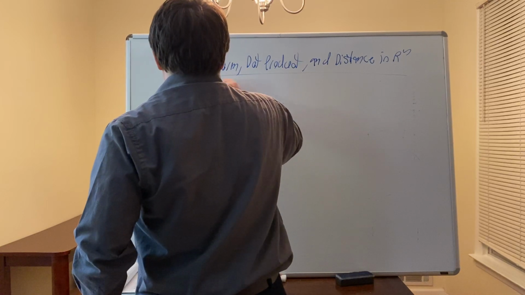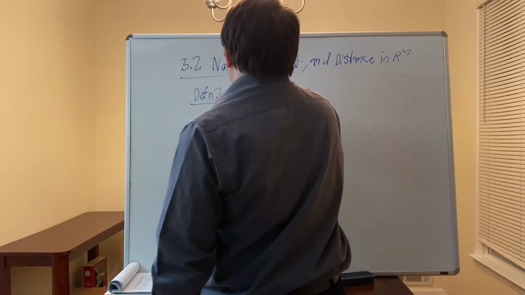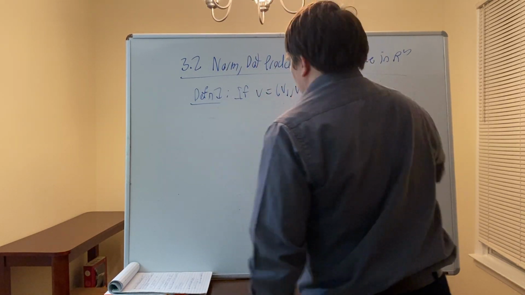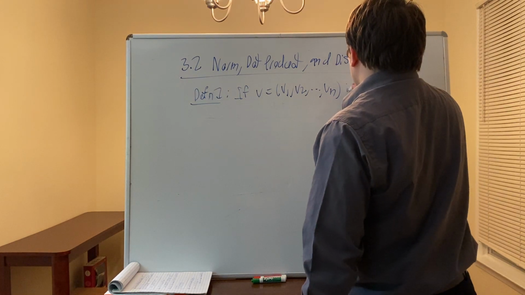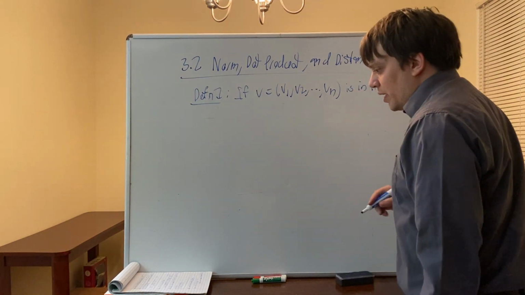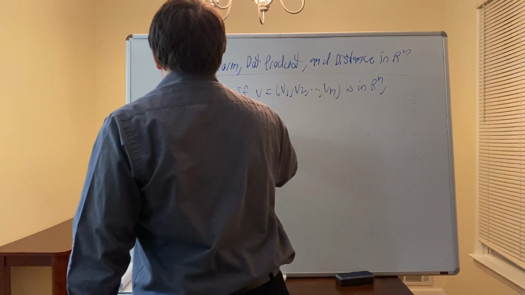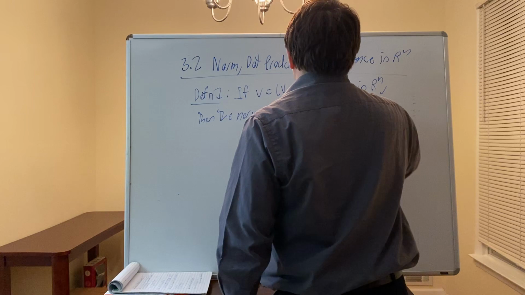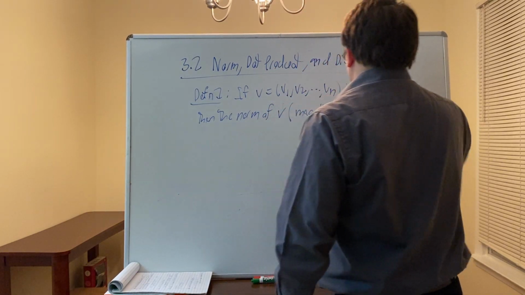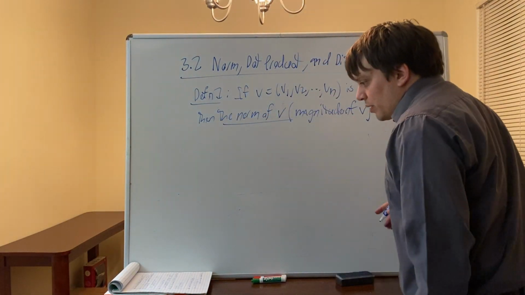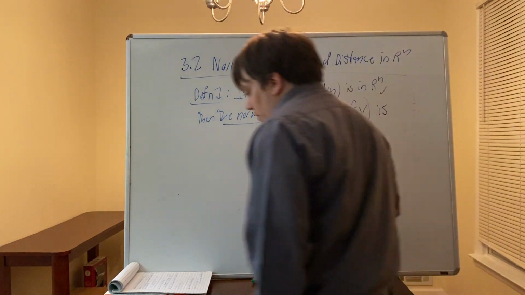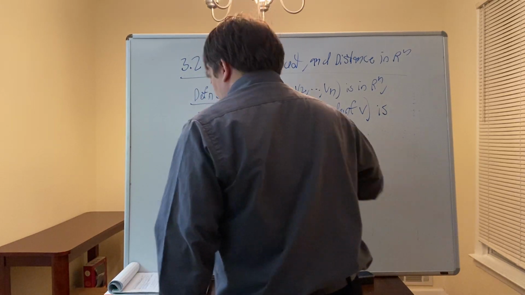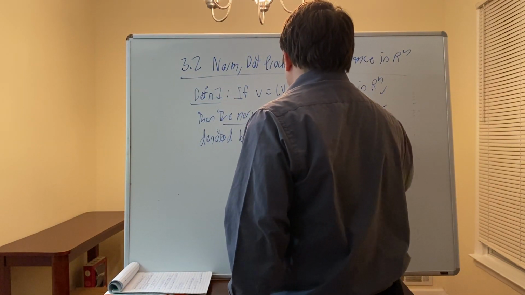in 3.2 is: if v is equal to v1, v2, to vn, a vector in Rn, then the norm of v, also called the magnitude of v, is denoted by this symbol and defined by